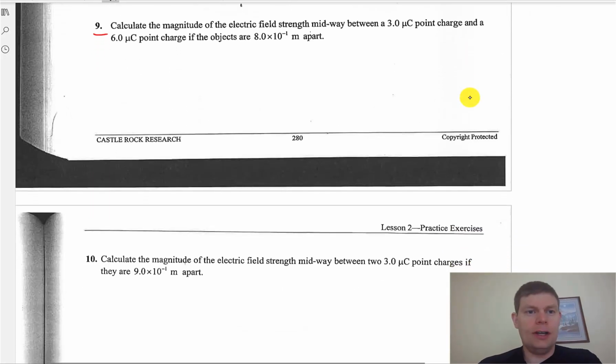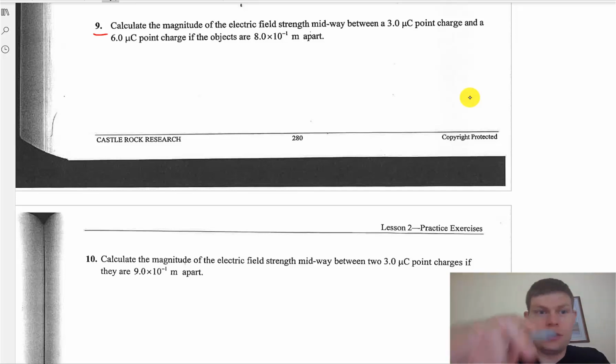All right, we will calculate the magnitude of the electric field strength midway between a 3 microcoulomb point charge and a 6 microcoulomb point charge if the objects are 8 times 10 to the minus 1 meters apart. So it really helps to draw these guys out. So we've got two positive charges,